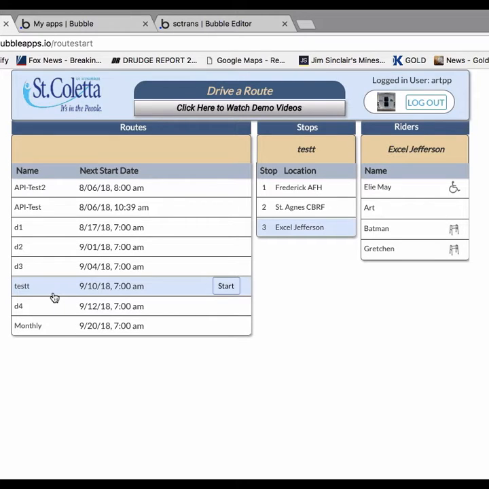And here it is. It showed up on the list. It's test T. It's rescheduled for the next day and ready to start again when that time comes. Okay, so that is a simple demonstration of driving a route using the new